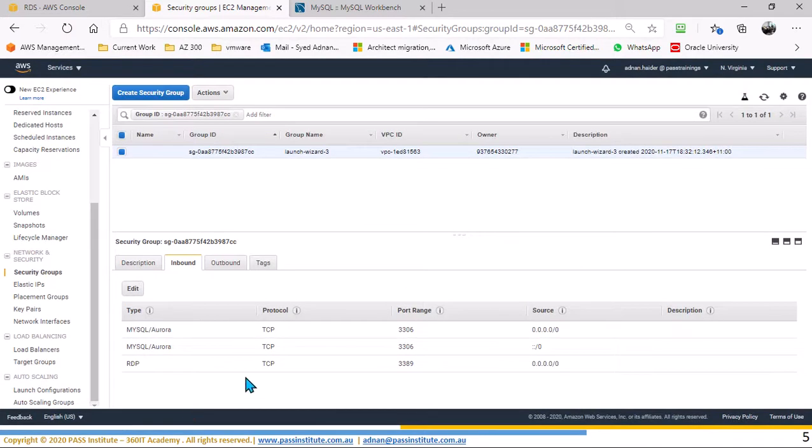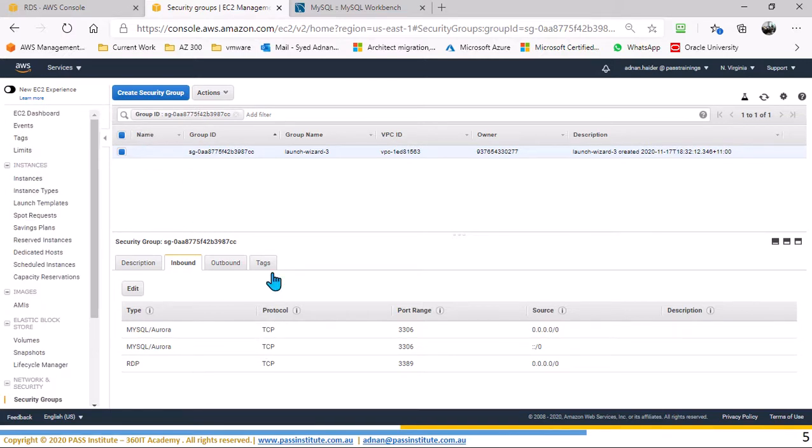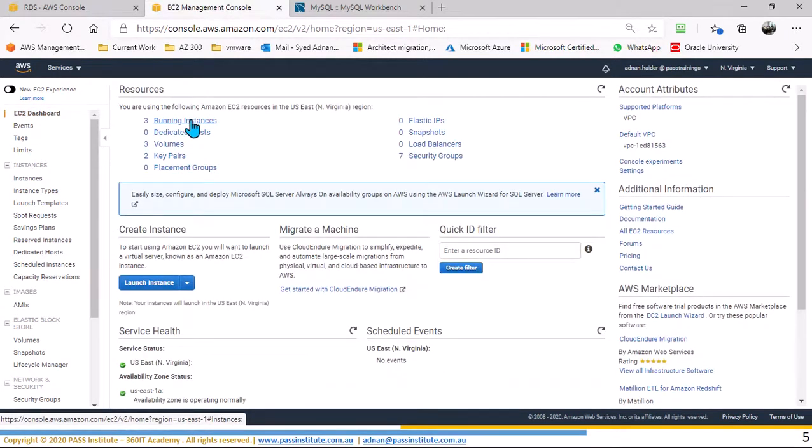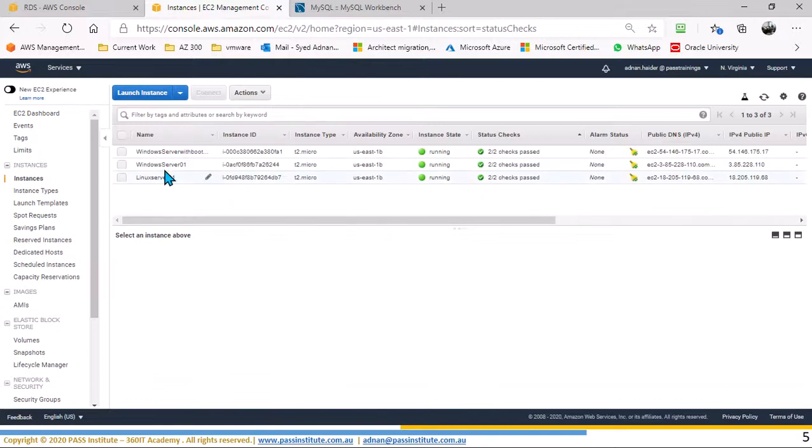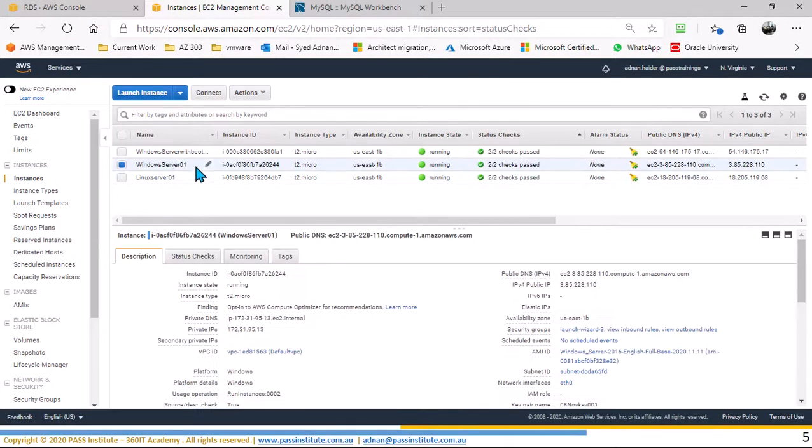Here both incoming and outgoing, so this port is selected. That's all we need to do, and this is IPv4 and IPv6, both are enabled. Though we don't need IPv6, we're not using IPv6 here, but anyways, the port is open. All I need to do is go to the instance, log into the instance,